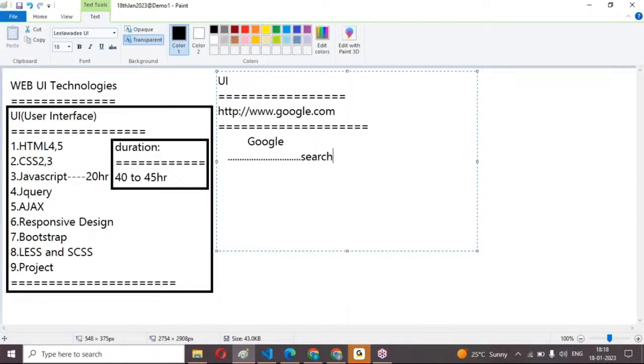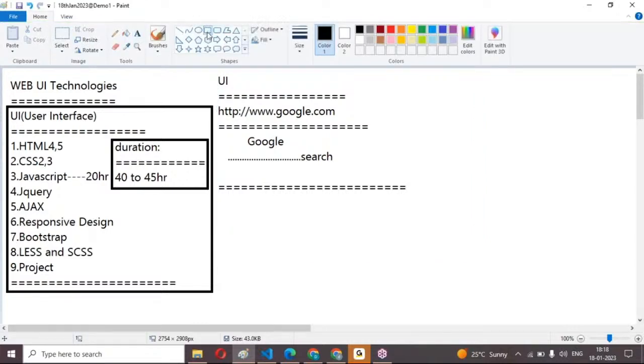Whatever you are searching here will connect to the server page. Whatever UI page you are creating, you can see in the web page. This UI page always interacts with the server page. The server page always interacts with the database. In this UI programming, I'm going to show you that once I click the search button, this data will go to